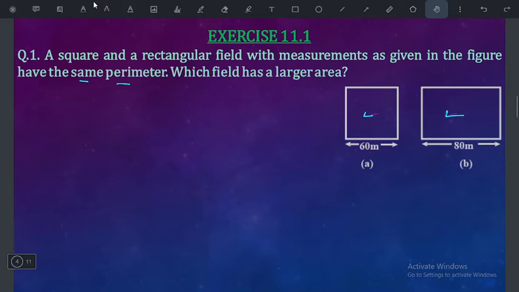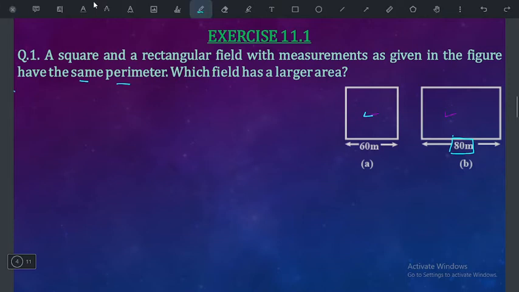First of all, we see here, if we find out area of the square, we have side, we have measurement of side. But if we want to measure the area of the rectangle, then we have only length. We don't have breadth. So first of all, we find out breadth of the rectangle. Okay, this is a length.